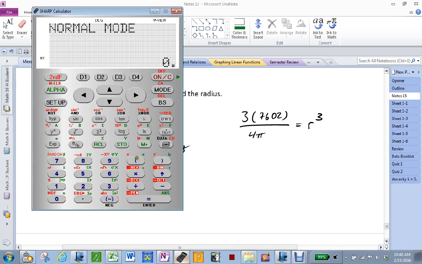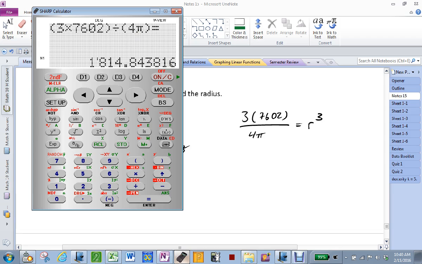And I would go to that and I would find this side. Okay? Now, can I find this side going 3 times that equals divided by 4 times pi equals? Is that cool? Yes. But I can also do it in one step if I use brackets, right? So if I go bracket 3 times 7,602 divided by bracket 4 pi. Now remember, my calculator, I can just hit 4 pi. I don't have to do 4 times pi, yeah? Equals